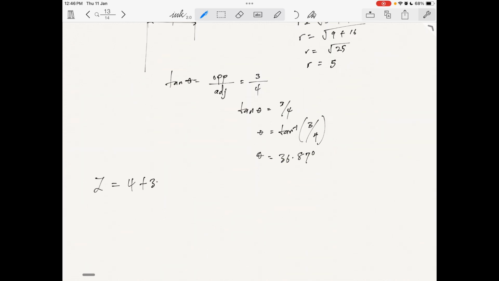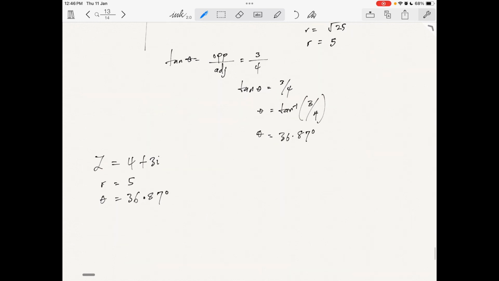4 plus 3i. Our r is equal to 5. Our theta is equal to 36.87 degrees. And in polar form, the representation in polar form, we have z is equal to r into cos theta plus i sin theta. In this case, we can say that our z is equal to, the r is 5 into